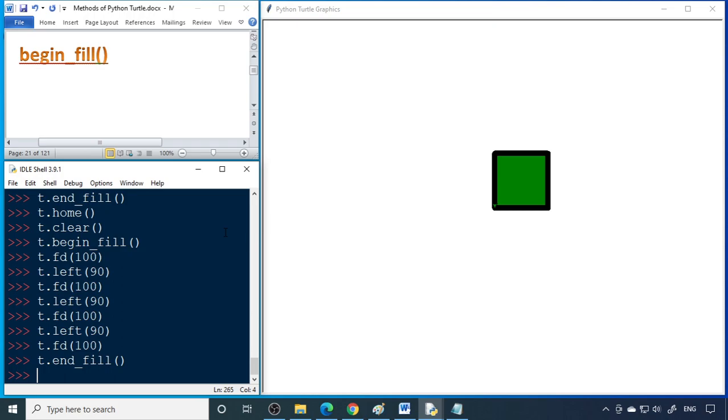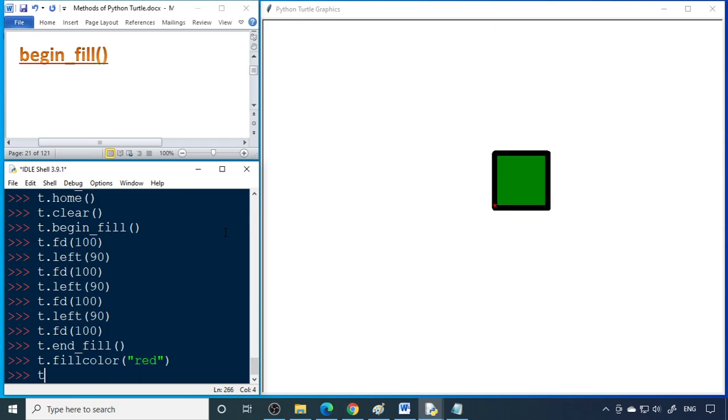So it's green color. Now I can say t dot fill color is equal to red color. Now I can say t dot begin fill.